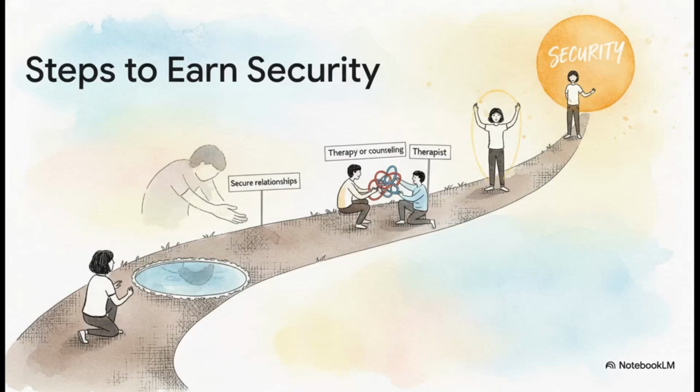Now, this journey is totally possible, but it's not automatic. It kicks off with self-awareness. Hey, just by watching this, you're taking a huge first step. It means actively seeking out relationships with secure friends or partners, people who can show you a different way to connect. And yeah, it often involves things like therapy, learning new ways to communicate, and finally setting boundaries that actually protect your peace.